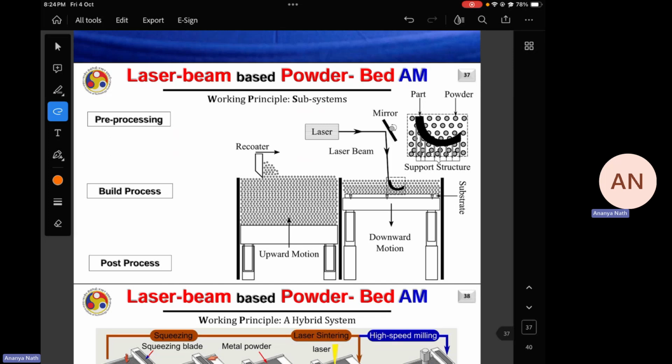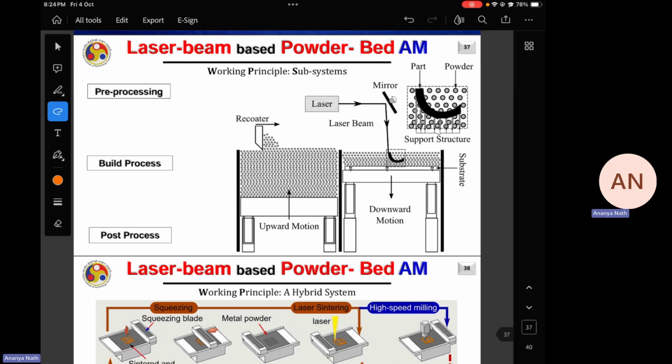We mount the blade to the recoating holder. We level the build plate with the blade, so that the gap between the build plate and the blade is uniform. In case of pre-processing, we also clean the machine, we start the argon gas, we preheat the build plate. There are many ways to preheat the build plate, but I'm not going into that. If you want to know, I can tell you.